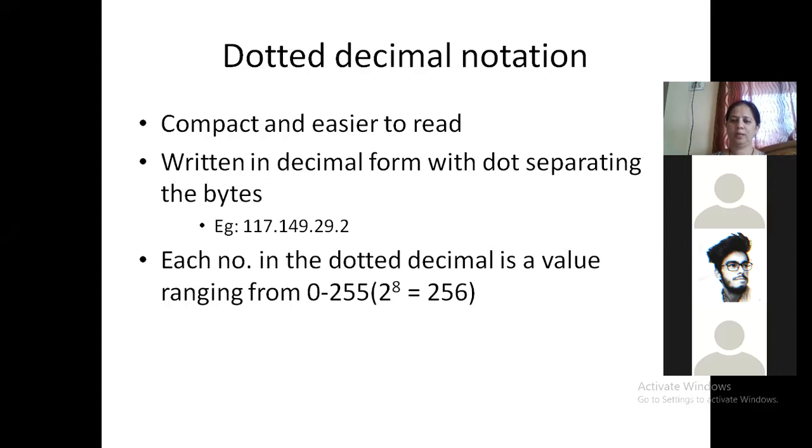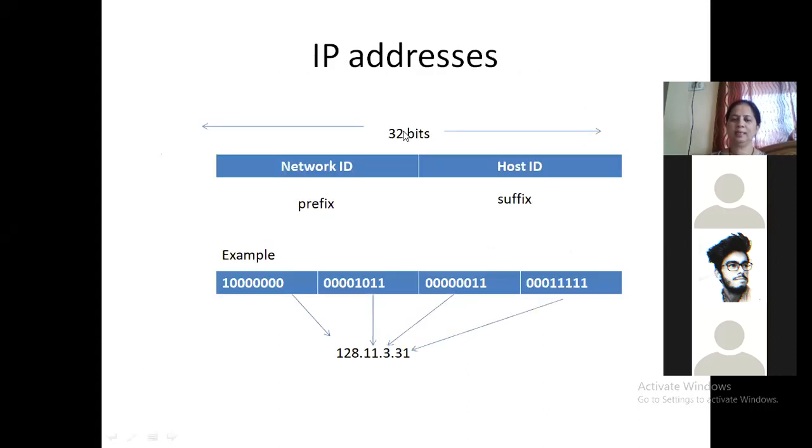Yes, ma'am. Okay. So next what we are going to understand is what's the hierarchy in the IP addresses. Now every IP address is 32-bit long and it is made up of 2 parts, the network ID and the host ID. The network ID is called the prefix and the host ID is called the suffix. Okay, all of you remember this. Every IP address is 32 bits long. 32 bits means 4 bytes. So every IP address will be made up of 2 parts. There's a hierarchy now. Network and in that network a host.